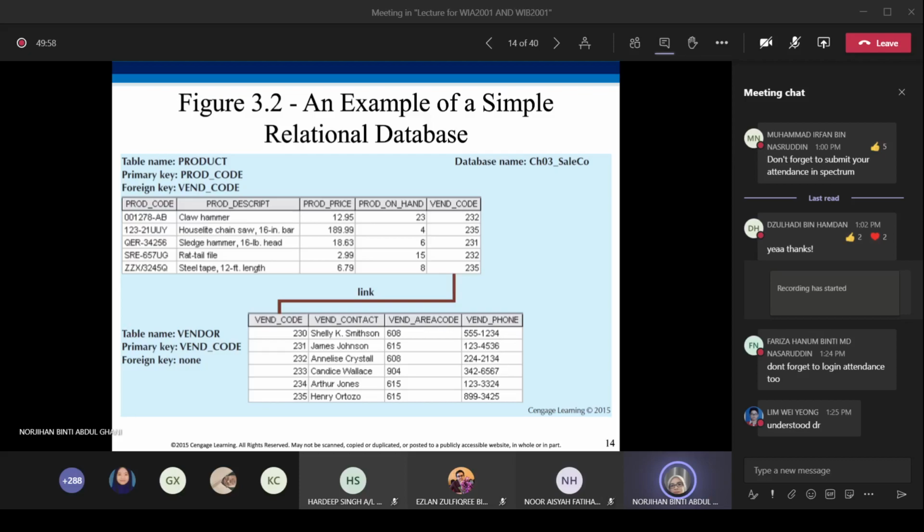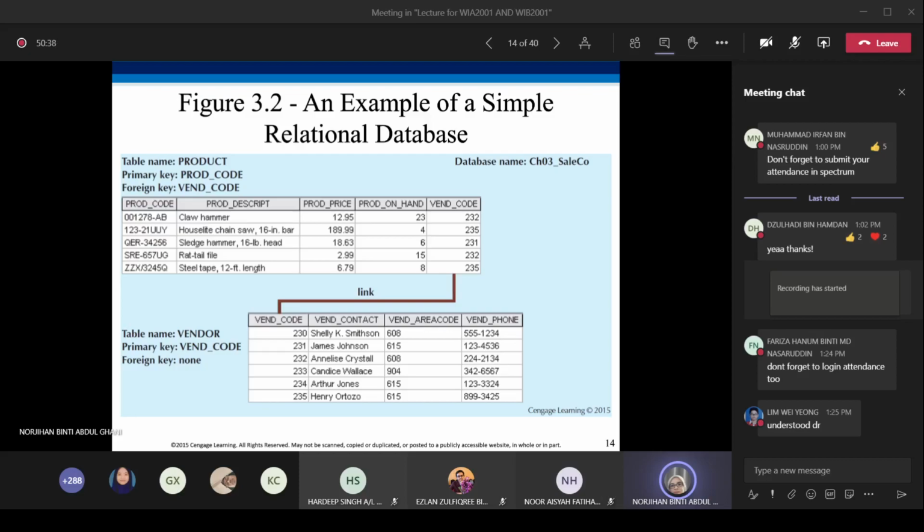What is the primary key for product? Product code, right? And for vendor, what is the primary key? Vendor code. So what is the foreign key for the products table? Vendor code. Meaning that a foreign key is a primary key of one table, and when it exists in another table, it exists as a foreign key.